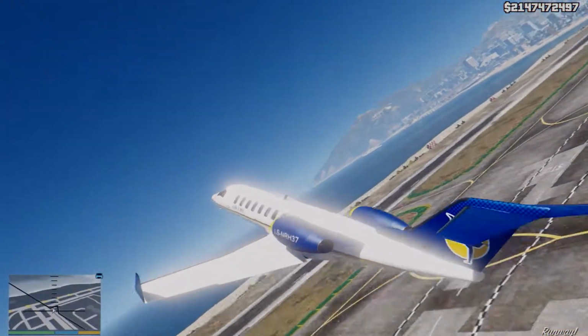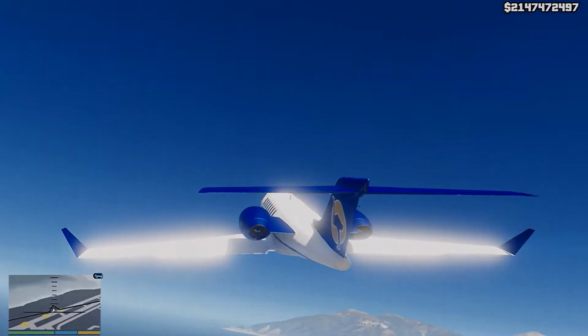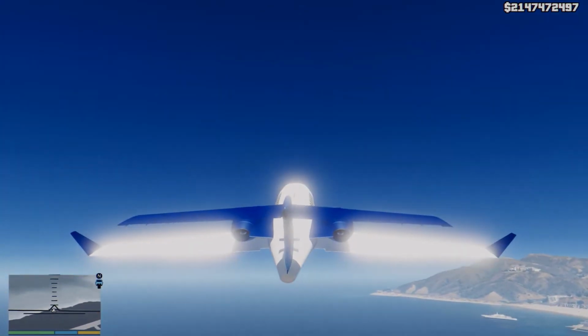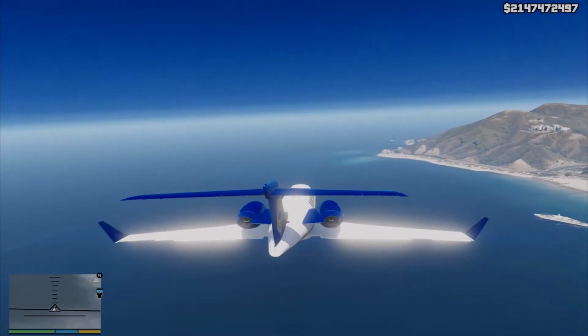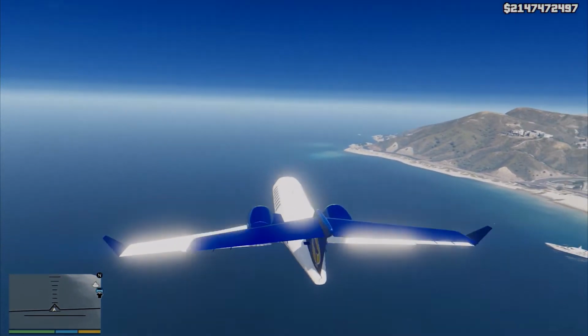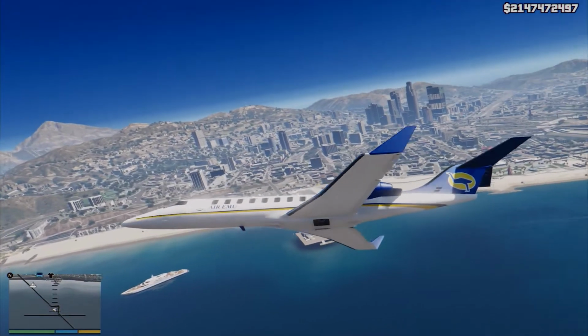So I'm just going to quickly jet off into the air so you can get an idea of what this game looks like in the air. This balloon might be a bit too much for you. Admittedly, it's quite a lot for me, but what can you do? We're just about to go over here into Malibu. You can see the nice sea textures that are loaded in. Admittedly, it does look a bit bare when you're flying over,